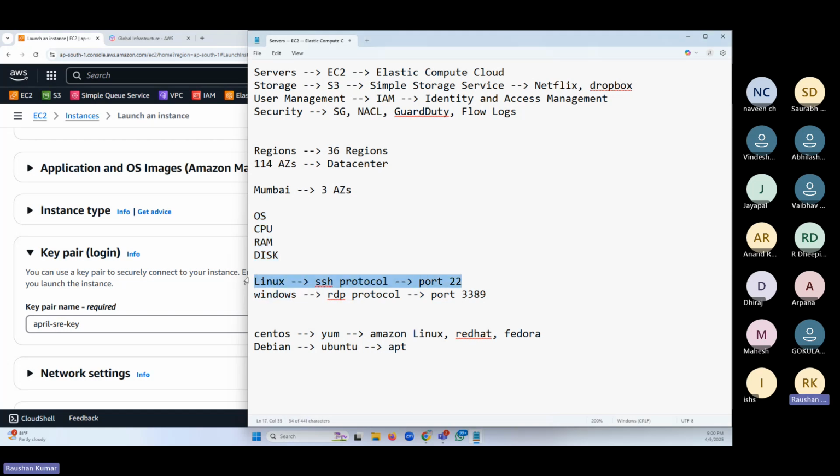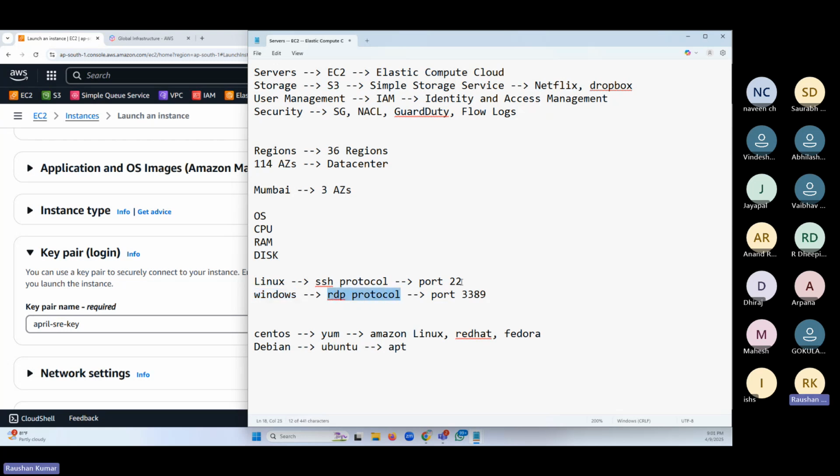See, we have the server. We want to install applications, so we need to connect, right? Without connecting, it is of no use. We need to connect to the server. For the Linux server, we connect using the SSH protocol, secure shell we call it. This is the protocol we use to connect to a Linux server. If it's a Windows server, we use RDP protocol, remote desktop protocol.